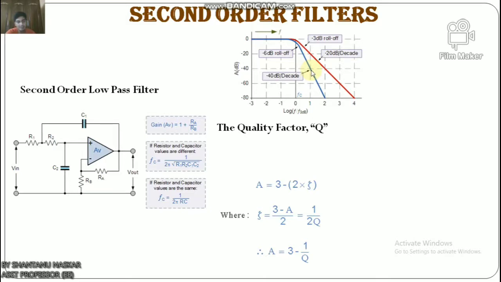However, second order filters can exhibit a variety of responses depending upon the circuit voltage gain and magnification factor Q at the cutoff frequency point. In active second order filters, the damping factor zeta, which is the inverse of Q, is normally used. Both Q and zeta are determined by the gain of the amplifier A. So as Q decreases, the damping factor increases.